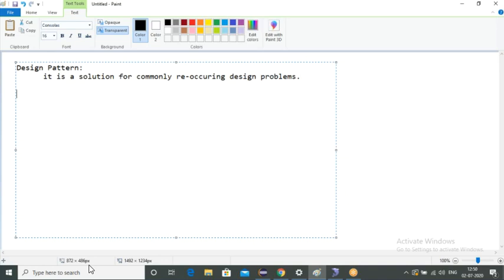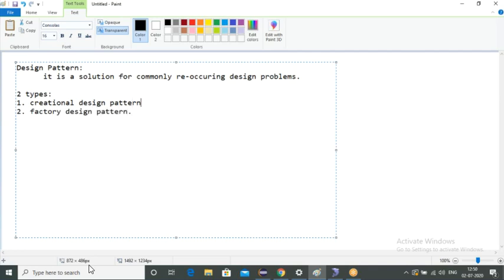Your design pattern is of two types. First one, creational design pattern. Second one, factory design pattern.